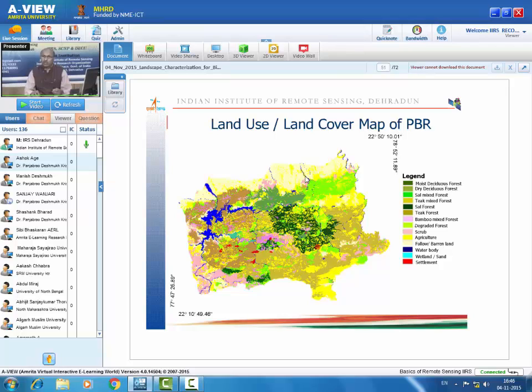And you can see, please concentrate here, you have a very dark green color, you have pink color which is settlement, then you have grasslands, then you have a lot of yellow. These yellow areas are basically small villages which are located in the forest, in the core area. I'm emphasizing two things. They are in the core area of the Pachmadi National Park, and in the forest which